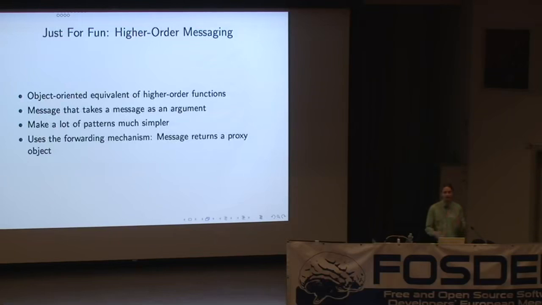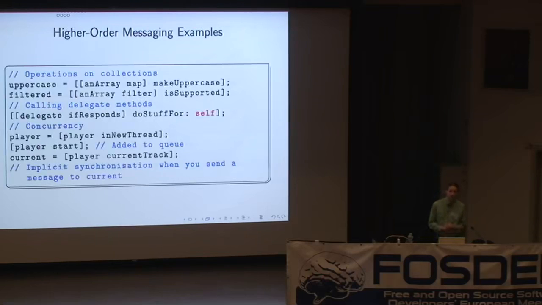And, well, that's not actually how it works, but that's how it looks like it works to programmers. So I could try and explain this, but it's much easier to show you some examples. And if you've written any Haskell or ML code, then this will probably look quite familiar to you. At the top you have an array, and you send it a map message, and then you send it a make uppercase message. And so the return value for this is another array, which is the result of sending a make uppercase message to every element in the array. That's pretty simple. You can do the same with a filter operation. So you send it a is supported message, and it then iterates along every object in the collection and returns just an array which supports those versions.